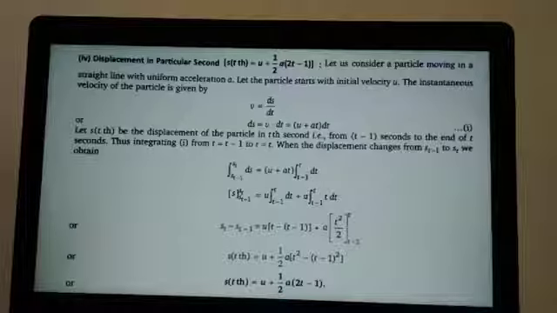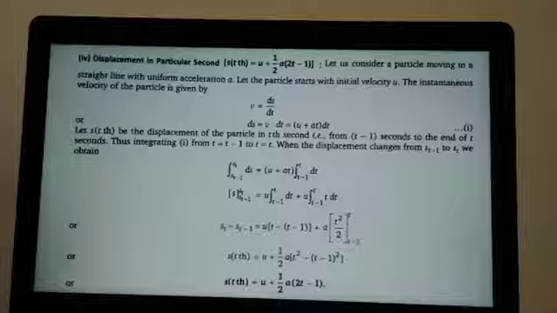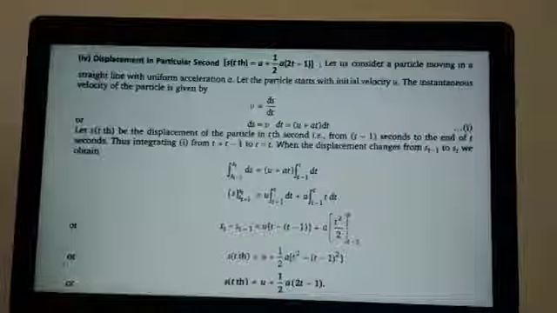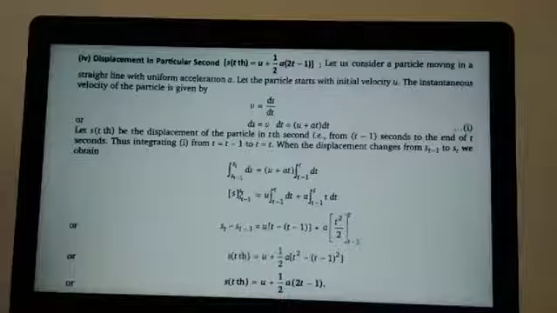Is there any confusion? I repeat the step. In the second integral, you have half a outside, you keep that as such. In the square bracket, you have t square minus (t minus 1) whole square. That will become, in the square bracket, t square minus of t square minus 2t plus 1 in the curved bracket. When you break that curved bracket, you have to multiply all the terms in it with the minus. So in the square bracket it will become t square, then breaking that curved bracket, minus t square plus 2t minus 1.